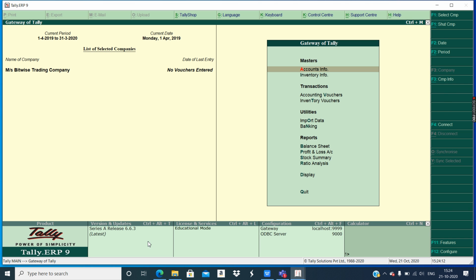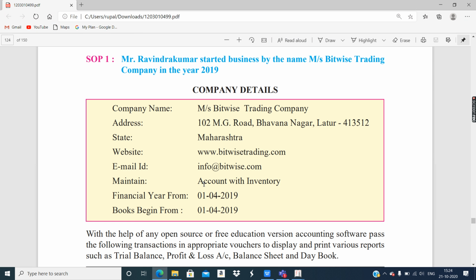Now there was one detail in the question, that is account with inventory. And during company creation, there was no mention regarding how to maintain the company. There are two ways to maintain a company: accounts only and accounts with inventory.